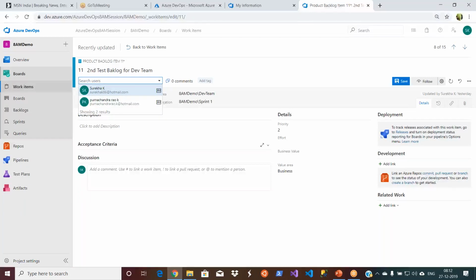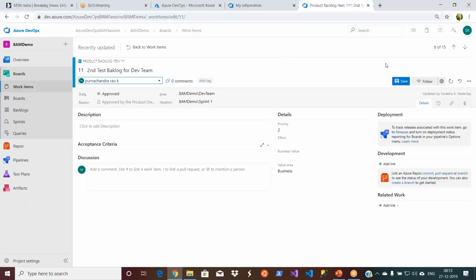Now I am content seeing both. I added one more user as well. Basically, when I say PU or NA, I actually have one more user with the same name. It is not displaying. It displays quickly only if it is available in the cache. So I just go and click on search. Now you see I can see my third user as well. So I have to explicitly click on the search option. We spent a lot of time on why it was not displaying.